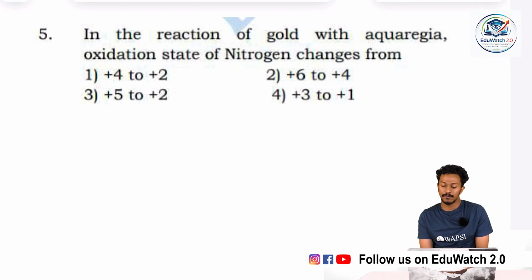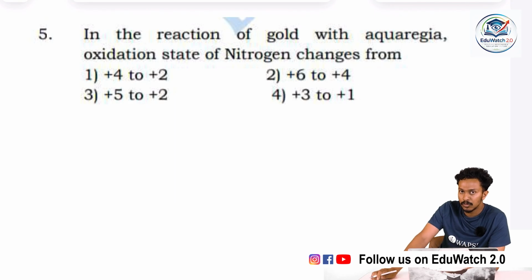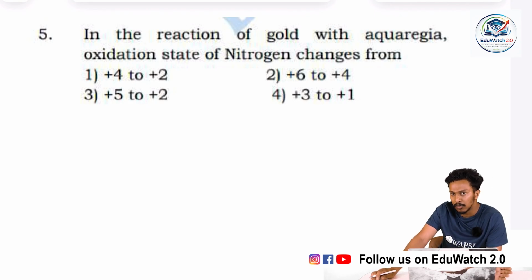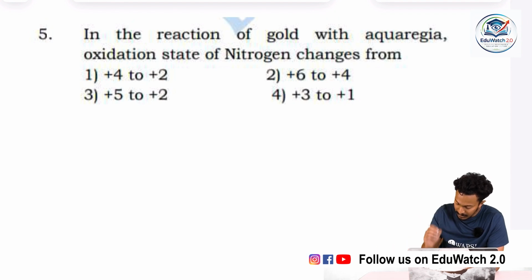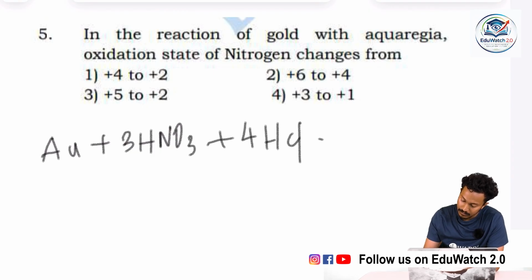In the reaction of gold with aqua regia, the oxidation state of nitrogen changes from. Before moving on to the question, let me explain the reaction of gold with aqua regia. As you know, aqua regia is a mixture of both hydrochloric acid and HNO3 in the ratio of 1:3. Here, let me explain the anionic reactions. Gold along with 3HNO3 and 4HCl. This is aqua regia, which gives